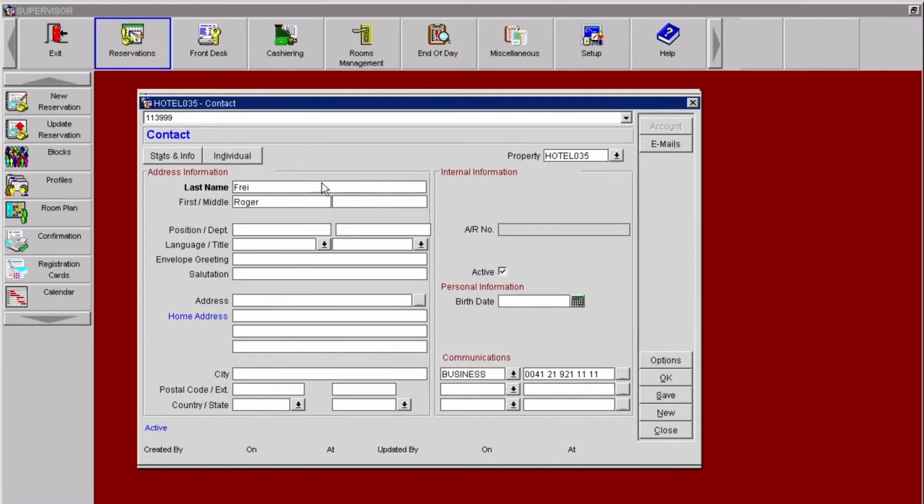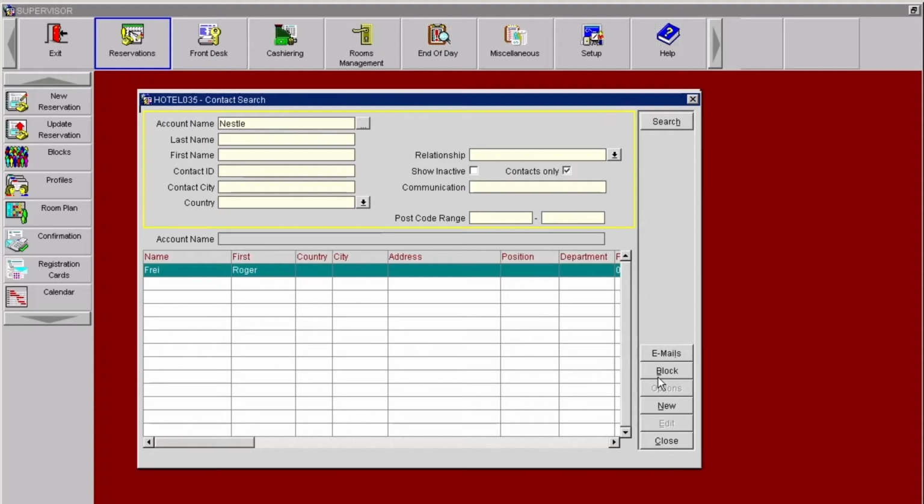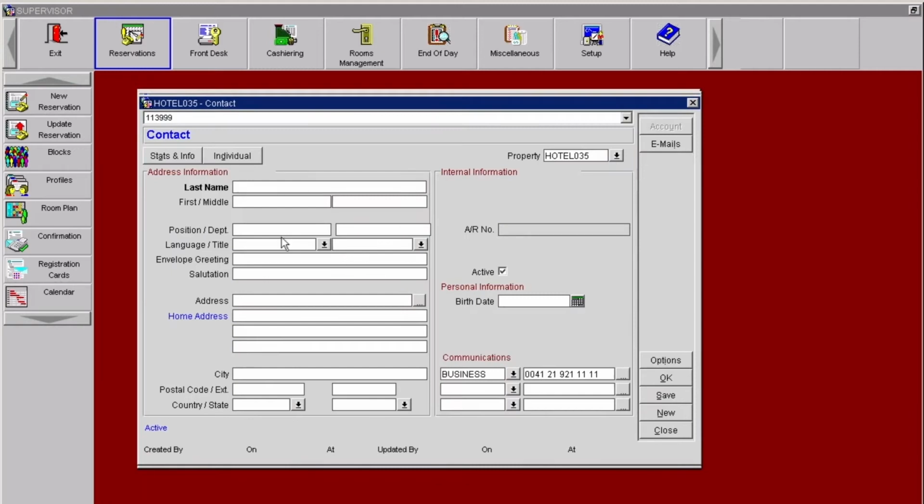Our contact is Mr. Roger Fry. You could enter all the information here if you have it, but I will just proceed to put OK. But we have two contacts for this reservation. Then we will add a second one. Again, we go to new and add the second contact, which is Miss Jessica Muller. Again, I'm not entering the information, and you don't need to repeat it because the contact is already linked with the company. We put OK